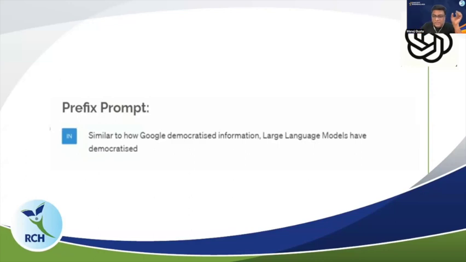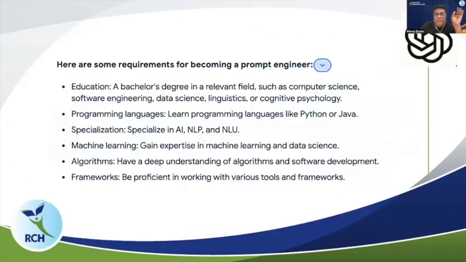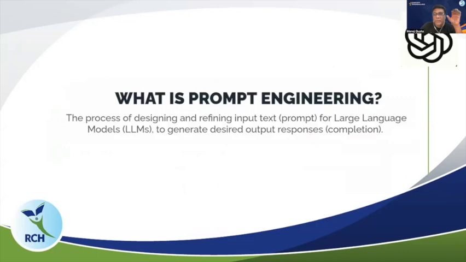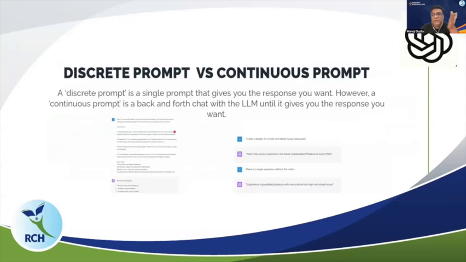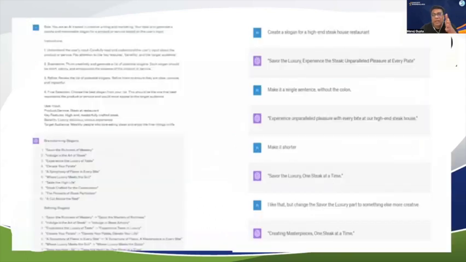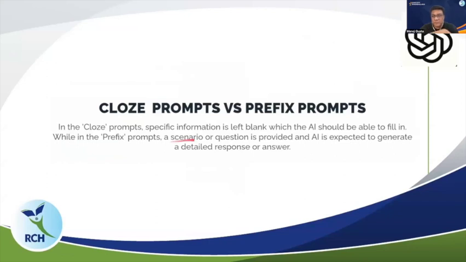So your key takeaway is two things. Here you need to understand what prompt engineering is, how we develop a prompt, what the input is, what the output is. Then what the requirements are to be a successful prompt engineer, for your career. And the third one is the difference between discrete prompt and continuous prompt, and close prompt and prefix prompt. OK, so these are the fundamental things that you need to digest. I will upload this PPT, you can revise it again, so that at least your fundamentals are sound on what prompt engineering is all about, what GPT is and how it is related to the human brain, and how ANN works. All right.